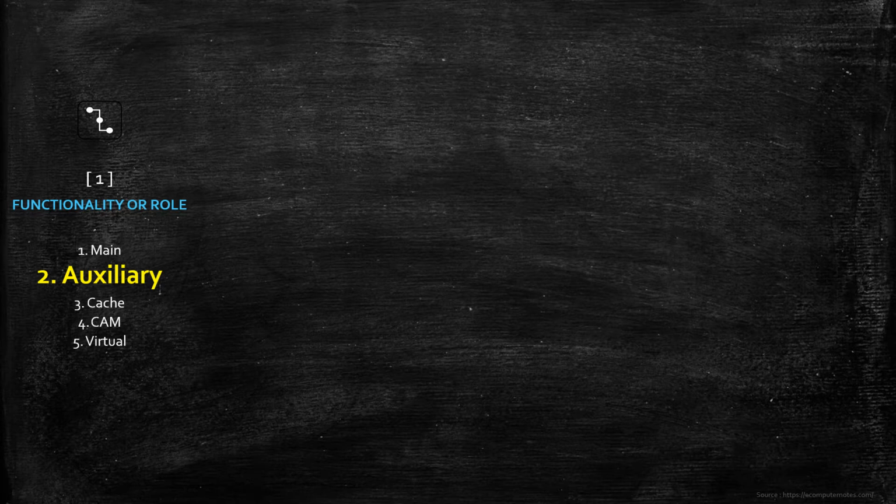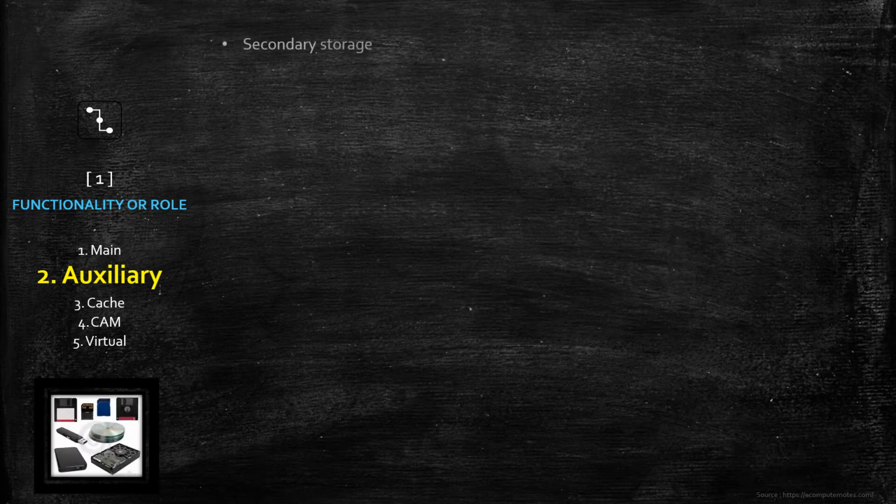Okay, now let's discuss the auxiliary memory. Normally we also call auxiliary memory the secondary storage, and these are non-volatile memory. What is the meaning of non-volatile memory? Non-volatile memory is something in which data remain as they are even on power failure. We'll discuss volatile and non-volatile memory in a little more detail in the coming sections.